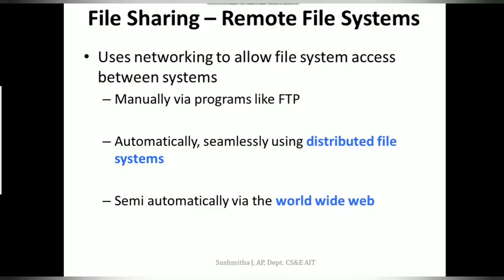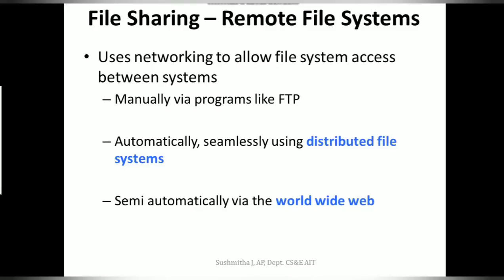The other type is using the web, or www. So these are some of the techniques where we could be mounting a file system on a remote machine, or we could access the file that is there on a remote machine.